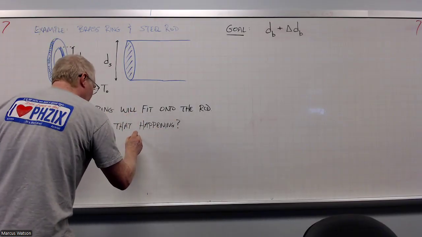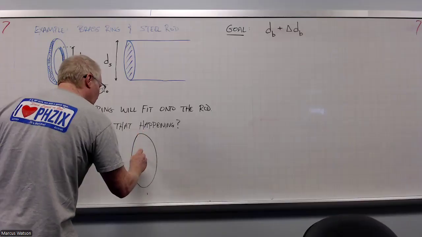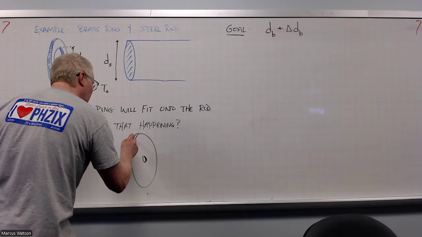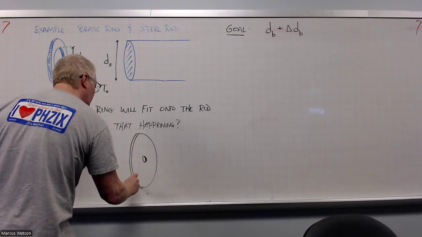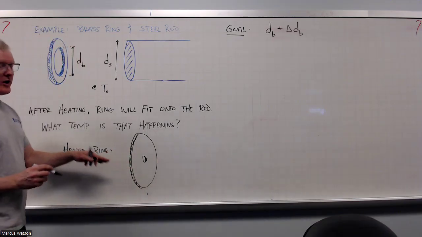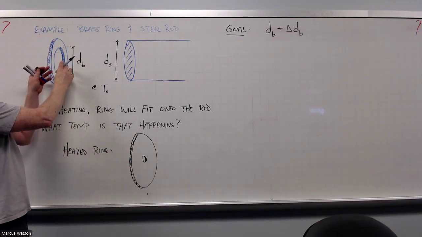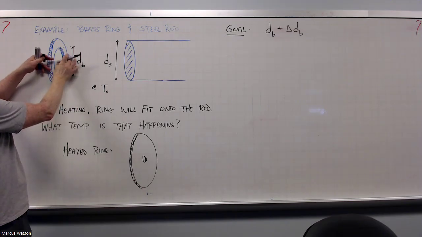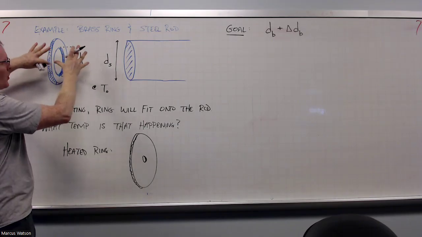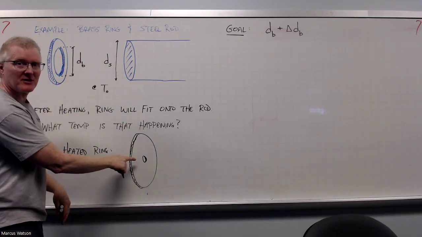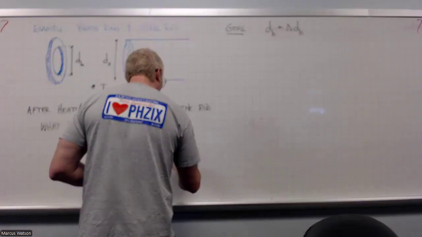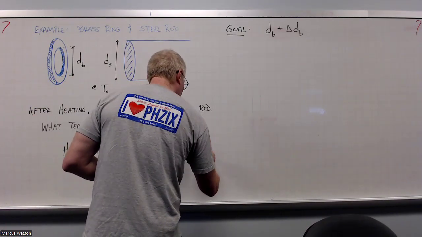Do I get something that looks like this, where the thermal expansion has caused the edges of this ring or washer to expand such that the hole has kind of been filled in a little bit by the expanding material? Or do I get something that looks like this,